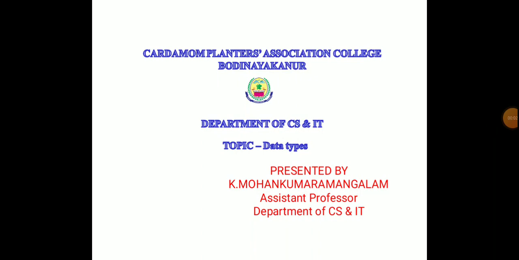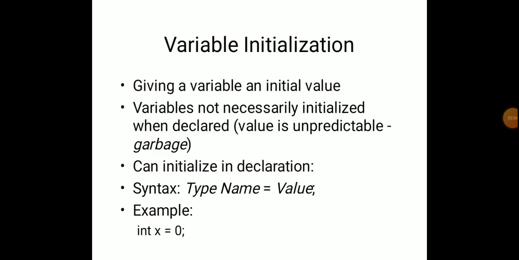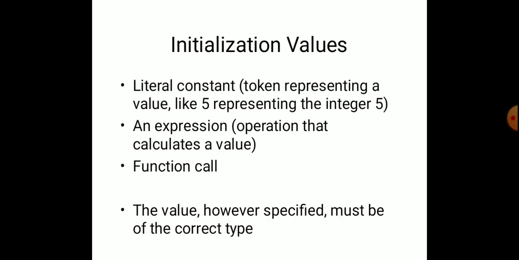Data types. First, variable initialization: giving a variable an initial value. Variables are not necessarily initialized when declared, but can be initialized in the declaration. Syntax: type name equals value semicolon. Example: int x = 0;